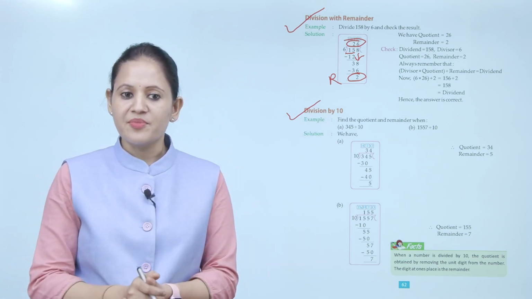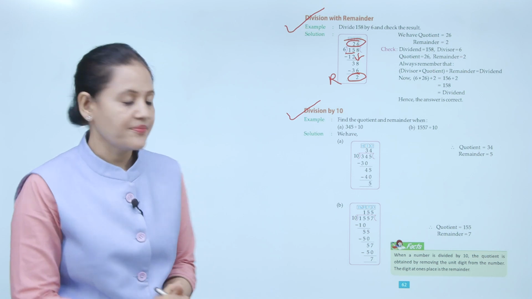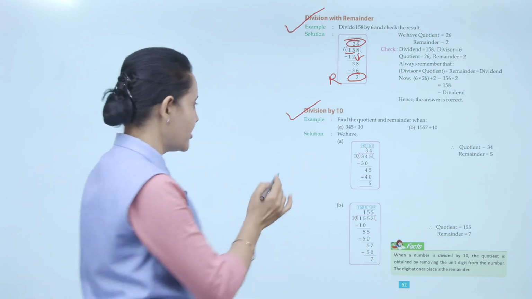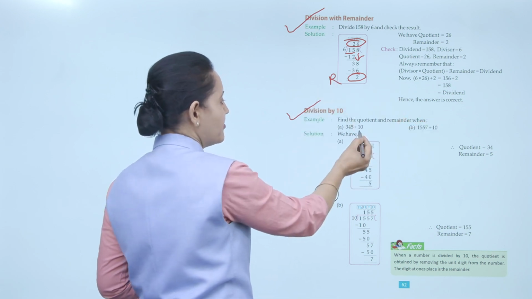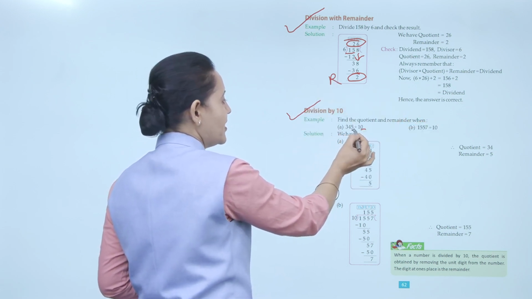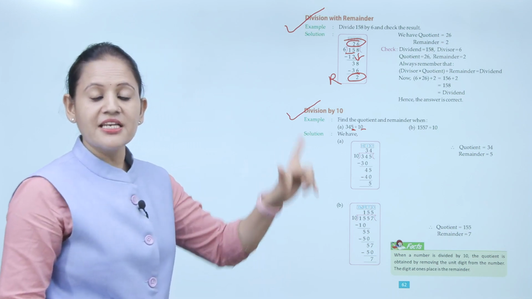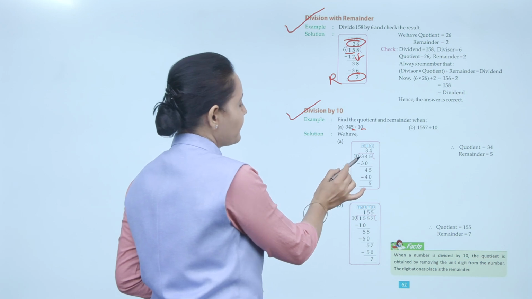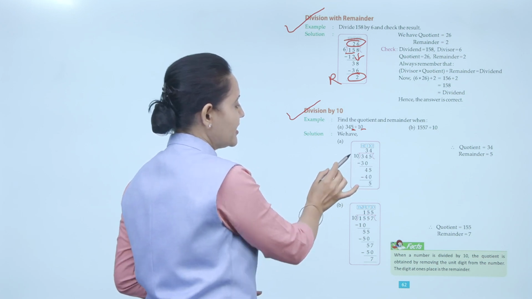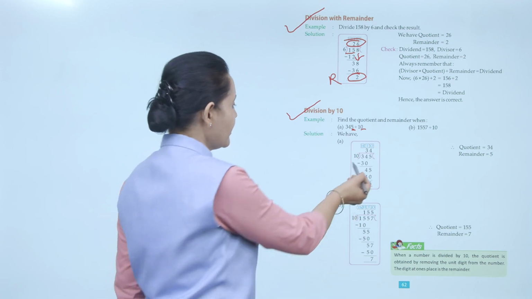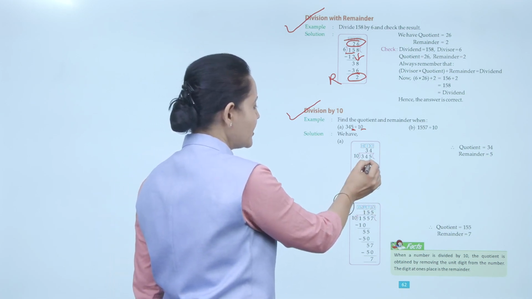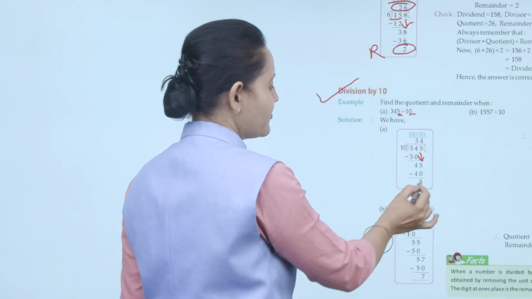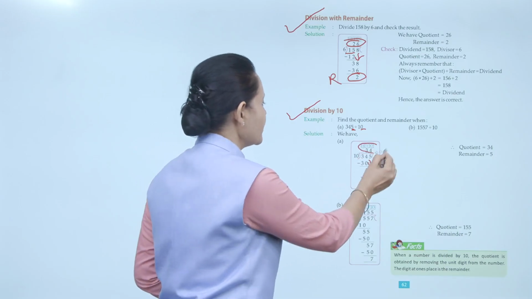Example लेते हैं, find the quotient and remainder when 345 is divided by 10. 345 को 10 से divide करना है. So the easiest way is what? Start from the right hand side because there is 1 zero. So first digit right hand side से, that is our remainder and rest of the digits, that is our quotient. Look here. 34 को divide करेंगे 10 से. So 10 3s are 30. 30 subtract करेंगे 4. Next number note down करेंगे 45. 10 4s are 40. Subtract करेंगे 5. So 5 is our remainder. So 34 is our quotient.